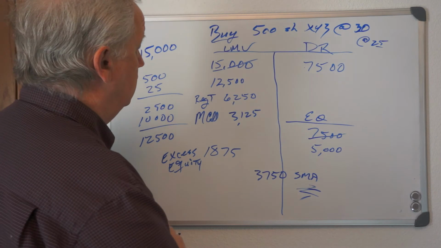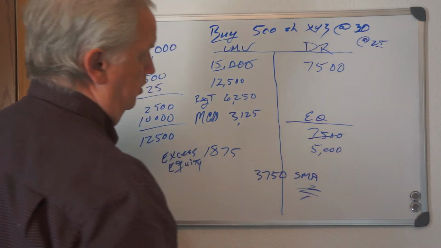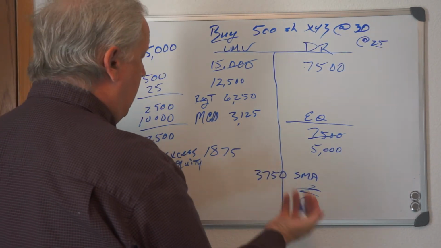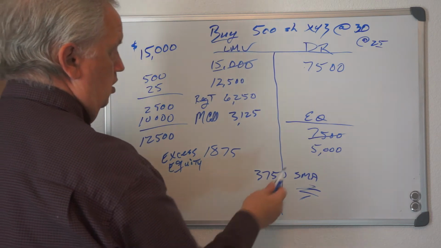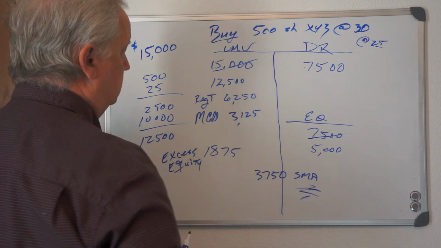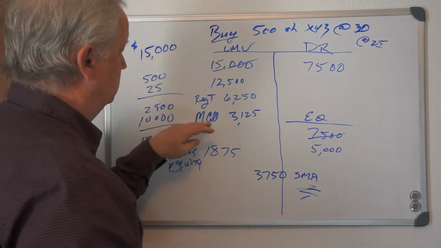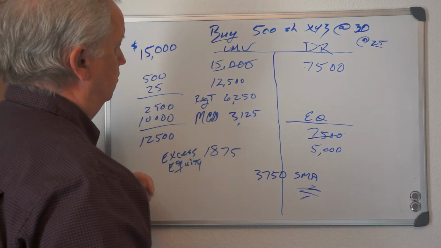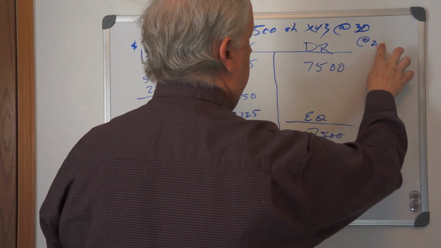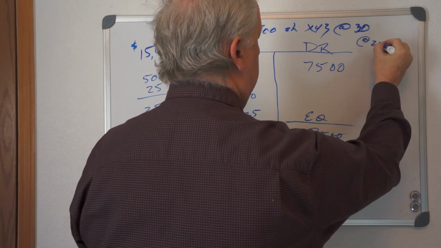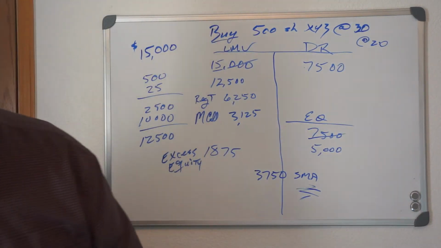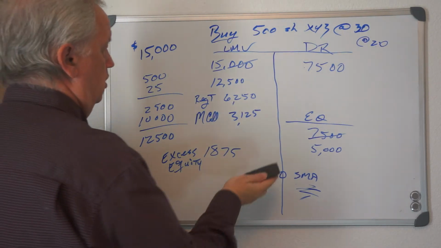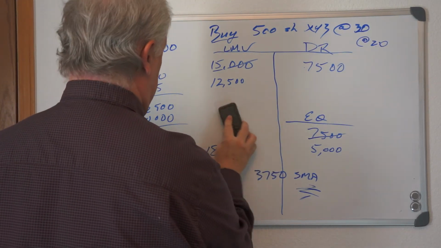Okay, so now we see there's no problem here. He has more in equity than the maintenance level, the margin maintenance call level. But what happens when it goes down to 20? Let's do it all over. If it goes to 20,